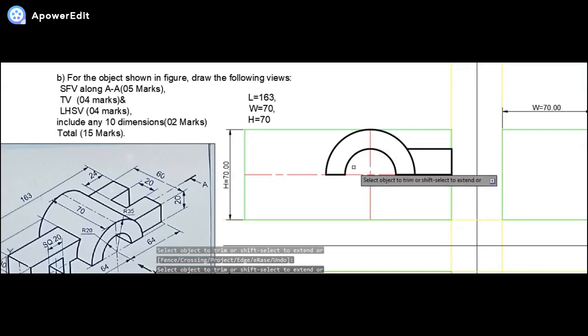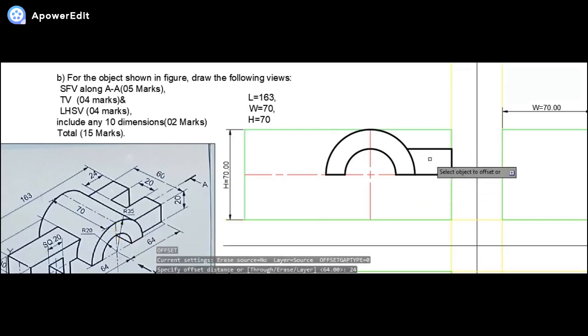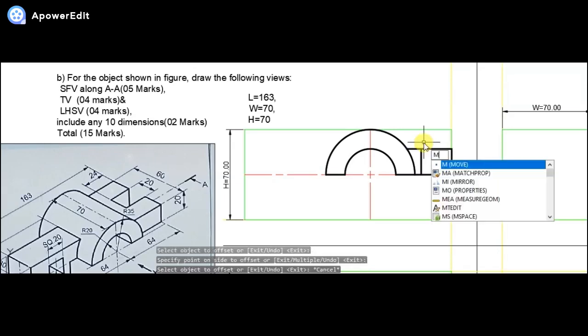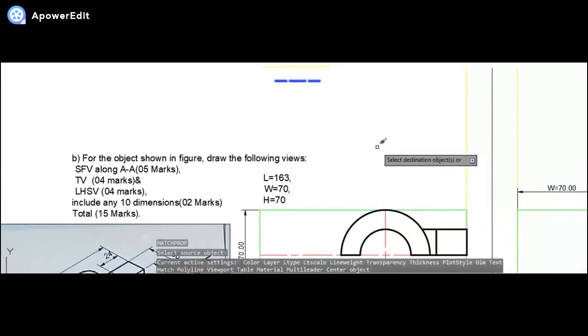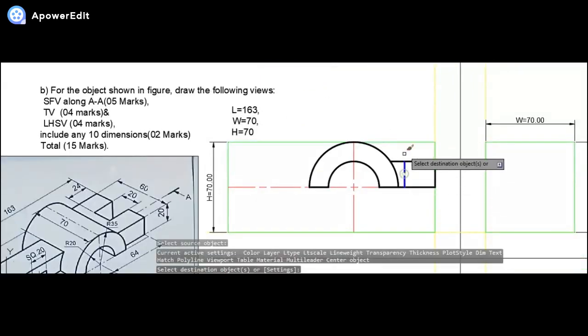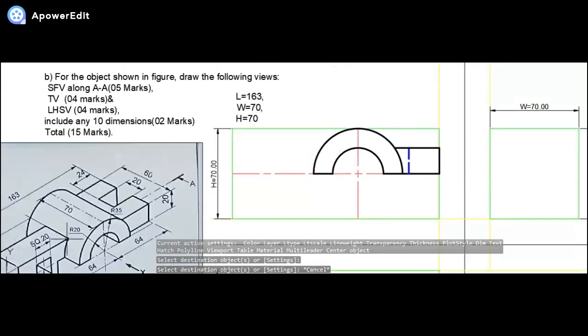Once I'm done with this, the hidden lines, whatever there are, we can draw later on. As of now I can see the slot will be here at a distance of 24 mm. So I'll draw that. I can select this over here like this. I can just draw this as a hidden slot. So this is the one. Once I'm done with this, let us go for the other part.